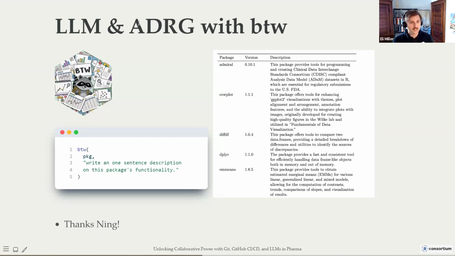And now we've removed a lot of the heavy lifting of creating this ADRG and handed it off to our LLM of choice. So we're able to remove a lot of that work. And another thing that's really helpful with this is we can incorporate this as part of a workflow. So instead of going through manually and updating the ADRG every time you update dplyr or update diffdf, if the functionality in that changes or the version changes or you add a new package, that's all not work that's going